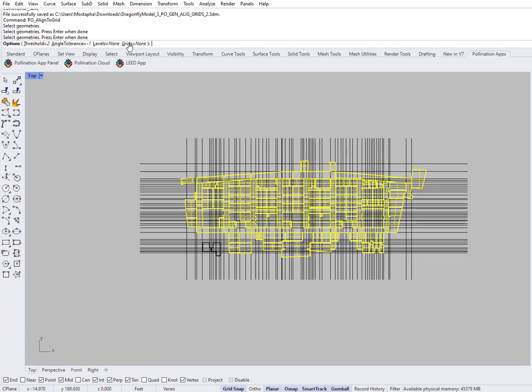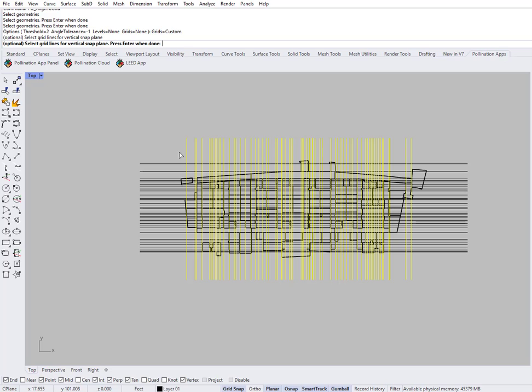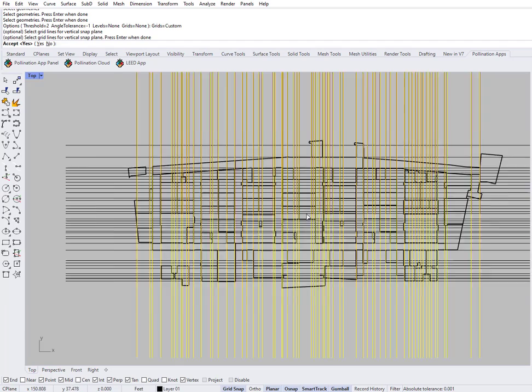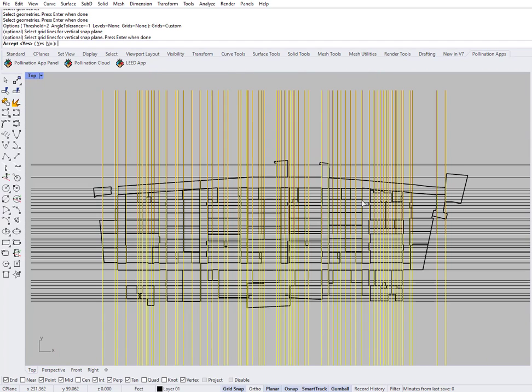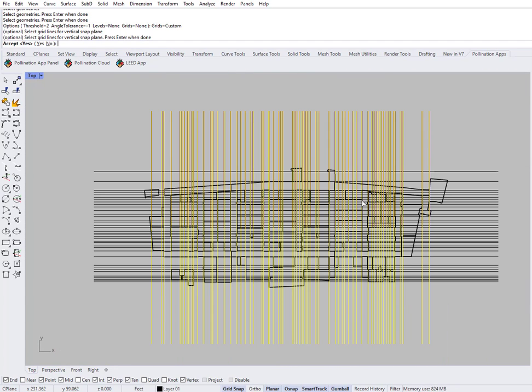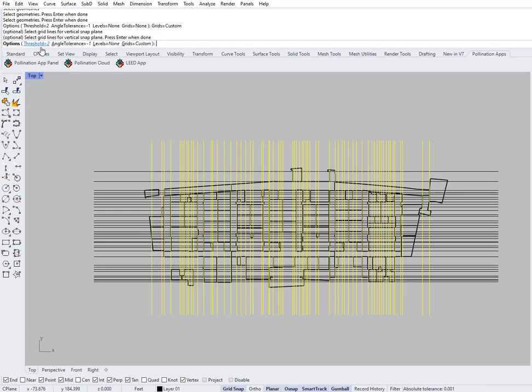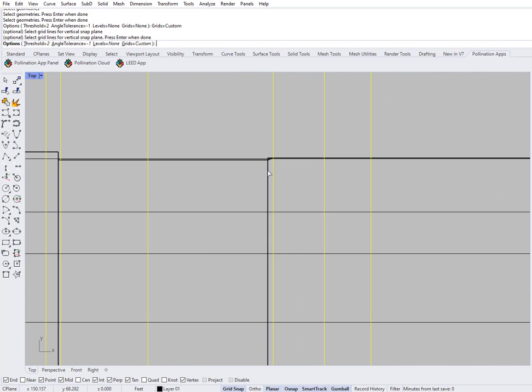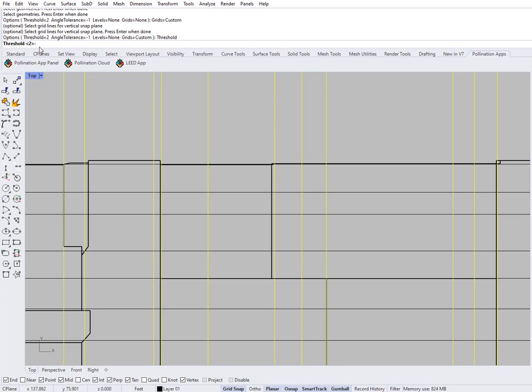So this, I click on grids and select all the grids. If I go in perspective, you will see that there are planes here. I don't, because I don't want you to see the whole geometry with all the glazing for confidentiality reasons. So you just see everything in plan. I accept it. Then there is one input here for threshold. Threshold basically says what is the threshold that you want to match? I put the threshold the same as the threshold that I used to generate the grids, which was 0.5,